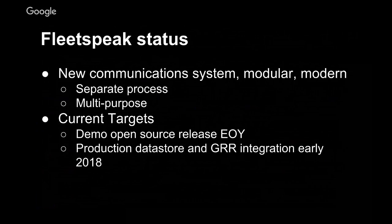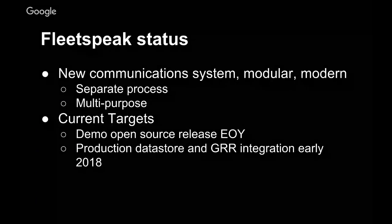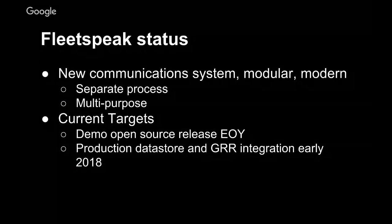Right. So FleetSpeak, as has been said before, is our new communications approach to GRR. So we're moving in this direction. It's going to be a separate process, and it's engineered to be reusable in the sense that you have one process in the client. It's a bit of a hub. You can have other things that it does besides talk to